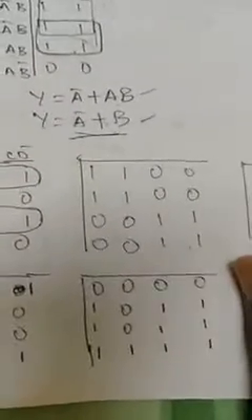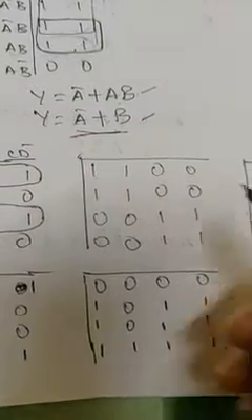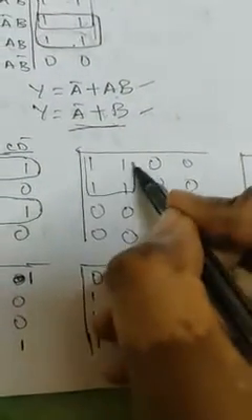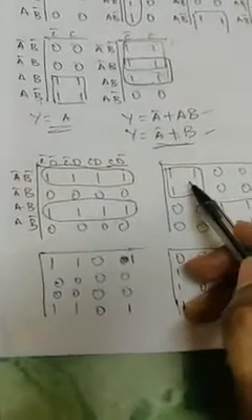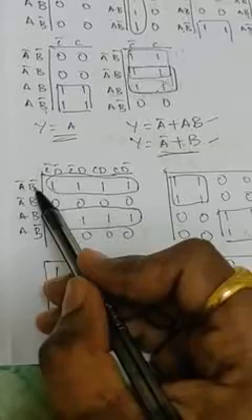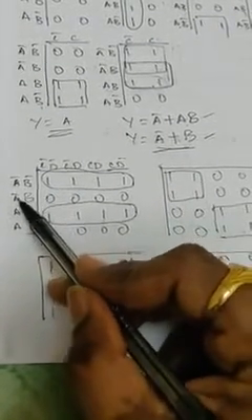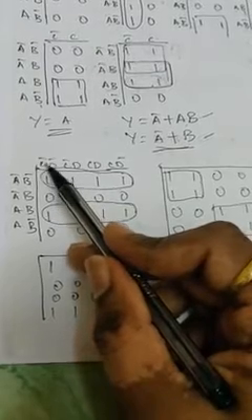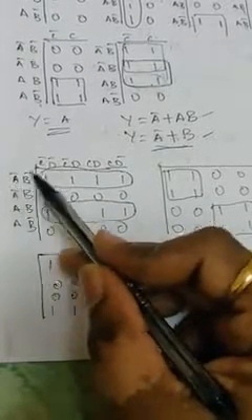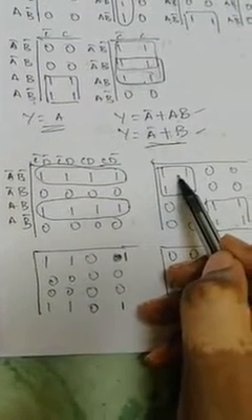Okay, coming here. So look at this. How many quads possible? Two quads. This one and this one. Okay, I have not written the thing here. So for this one, look at this. If this is the quad, what is the expression? So here look at this, B bar B cancels, A bar remains, C bar remains, D bar D cancels. So A bar C bar will be the answer for this one.